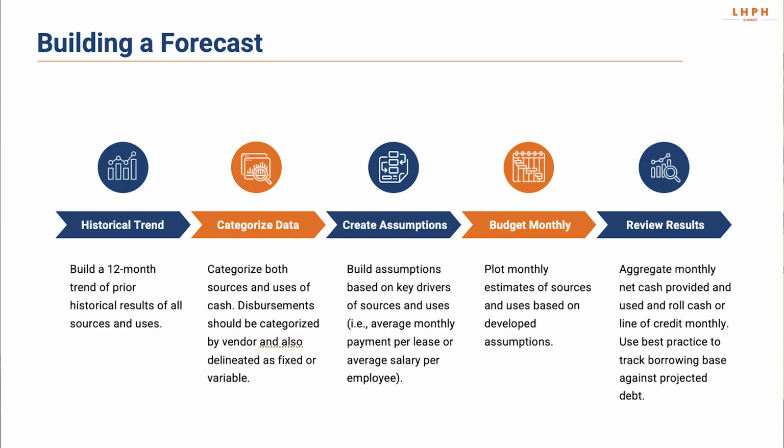So let's give an example. Payroll might be a really good example here. That's a variable cost. It depends on your headcount, and you may decide in 3 months in your growth strategy that you need to add 2 collectors. Coming up with a dial in your assumptions for your variable uses on your forecast lets you take your assumption of maybe average payroll per employee and account for 3 months from now when you add 2 collectors, what that's going to do to your cash flows. The key point here is that for each of your variable uses, you're going to have some type of assumption, some estimate that you can extrapolate into the future.